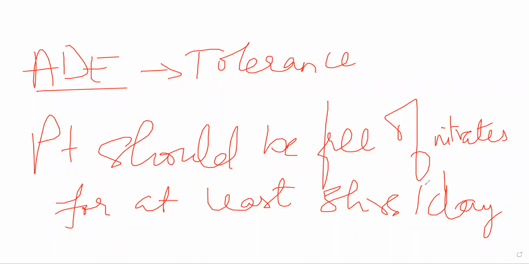Okay? And another thing, don't stop the drug abruptly. If you stop the drug abruptly, it will precipitate angina itself. Okay? Vascular spasms will occur because your body is developing tolerance, it is getting used to those nitrates. Whenever you abruptly stop nitrates, when you immediately stop nitrates without tapering it, that patient will have a lot of problems.